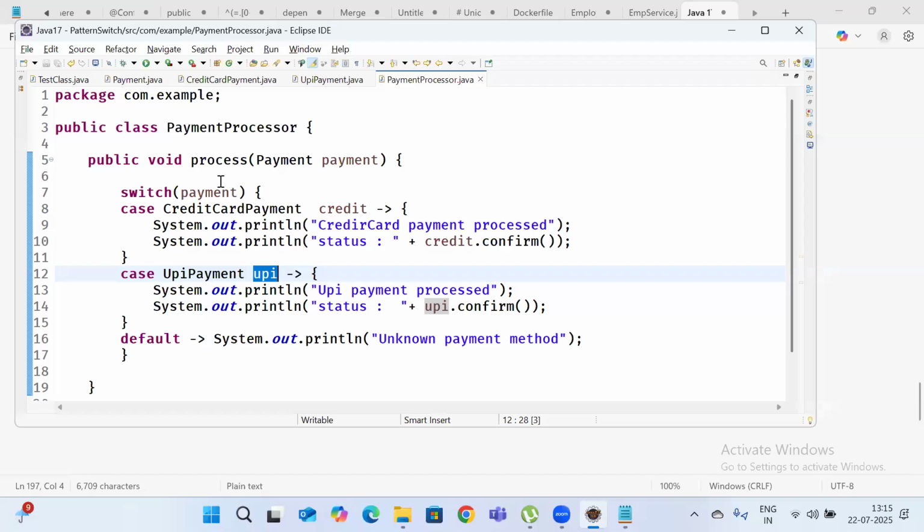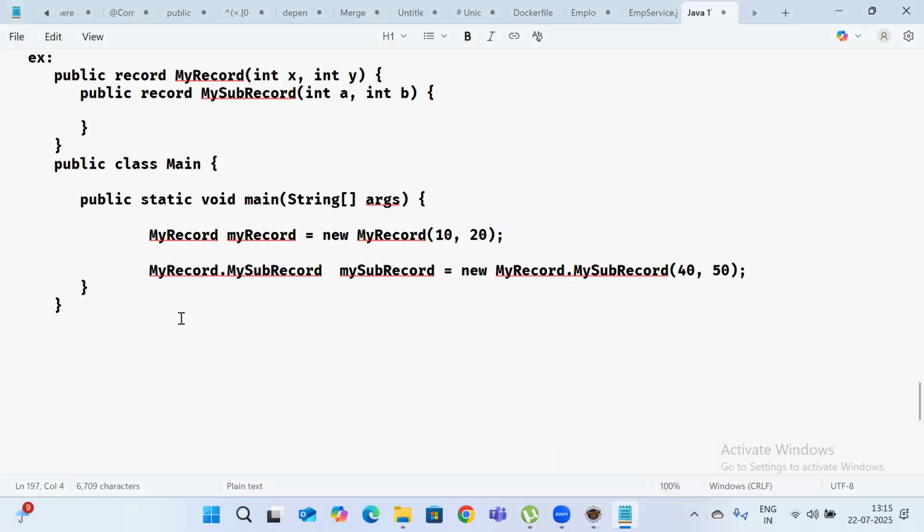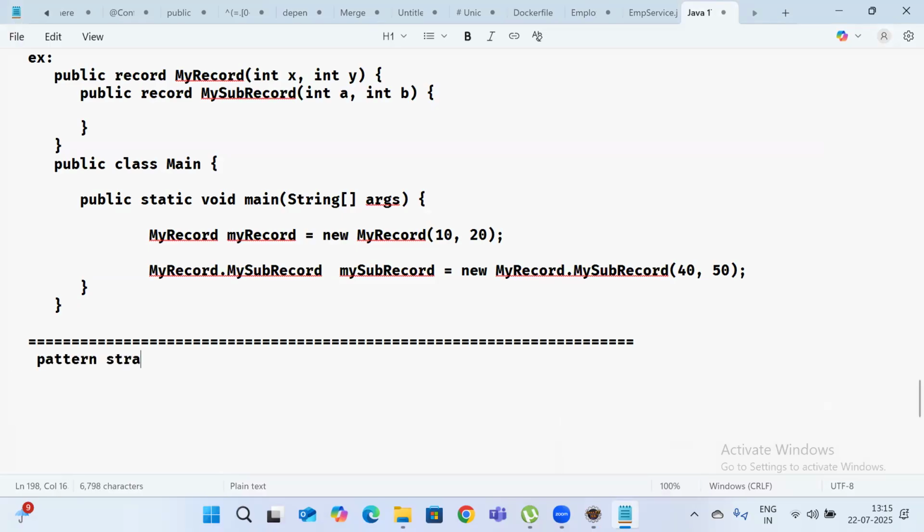So it's a big code. I will add this. Then I'll share it in the chat box. You guys can go through it. The next one I just want to explain is pattern matching in switch. I'll give one or two points, then I'll give the code for you. Pattern matching in switch, and how I can write the statement here is,